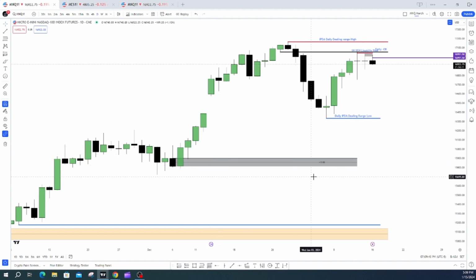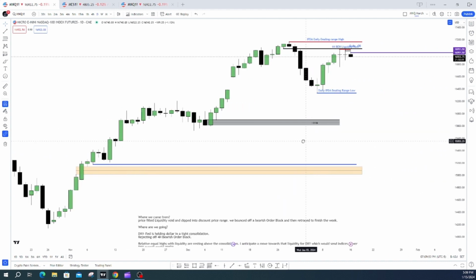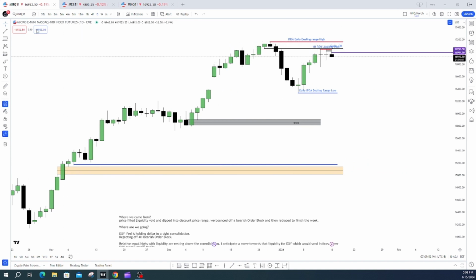So this is the Nasdaq 100 micro E-mini futures. Futures contracts are not trading the actual spot price of an index, whether it's the Nasdaq or S&P or Dow Jones. This is a futures contract, which means that the leverage is a little bit higher than what you would normally see from trading the